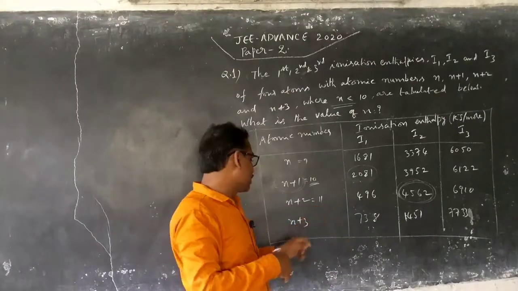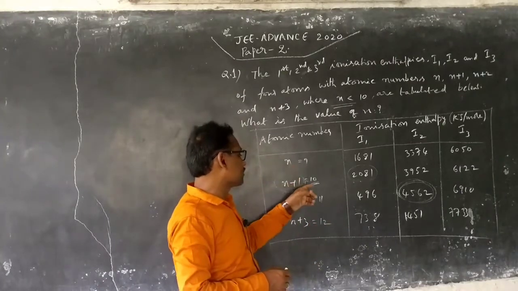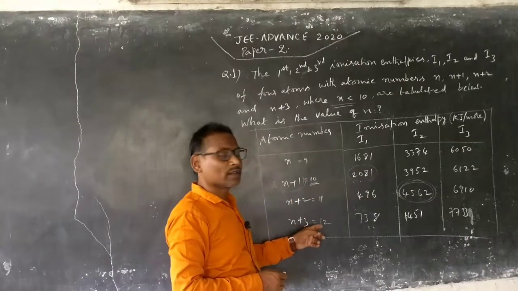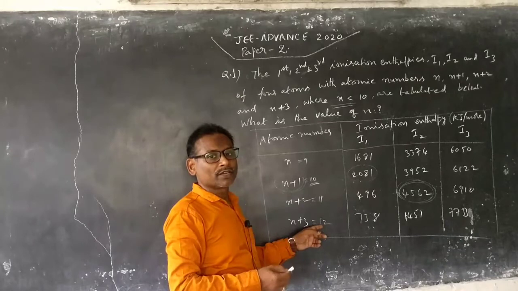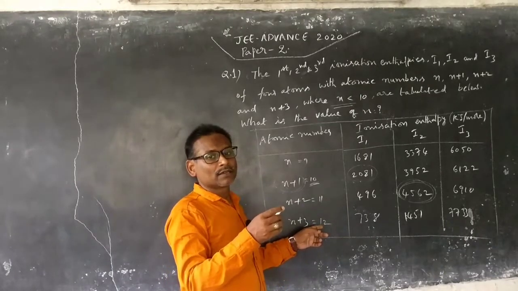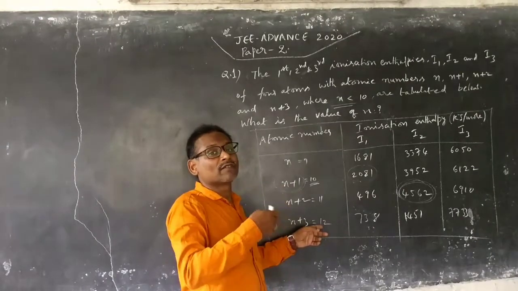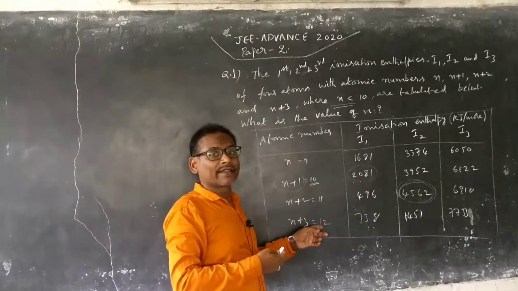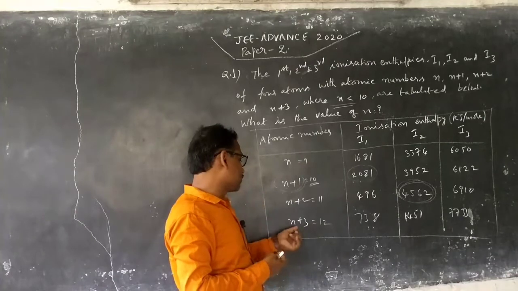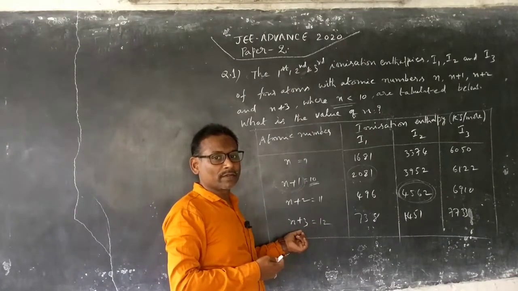Now let us think about n plus 3, which is going to be 12, that is magnesium. Here we can think that the removal of the first 2 electrons is easy. When you go for the third electron, it is going to be tough, because it has attained the neon configuration, so it possesses higher values. If you look at the third ionization enthalpy for this element, it is supposed to be higher when compared to the other elements.